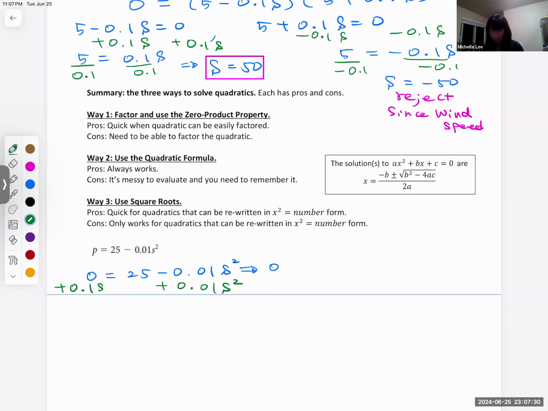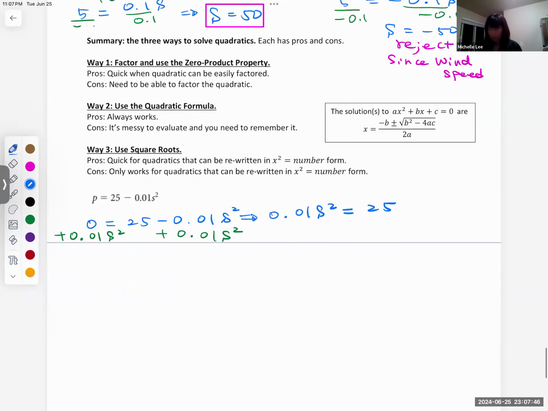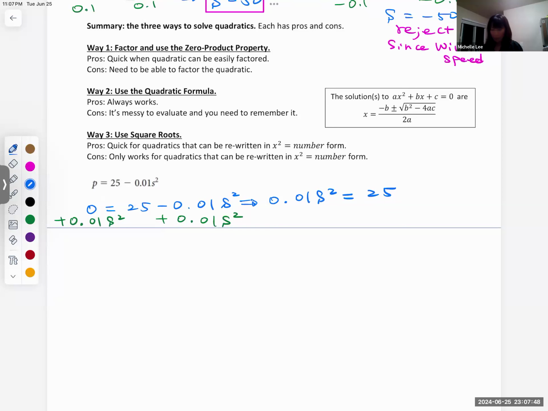So you don't have to know that formula, just in case you don't remember it. Then we have 0.01 s squared equals 25. Now divide by 0.01 on both sides. Then we have s squared equals